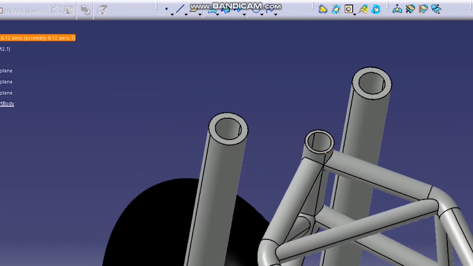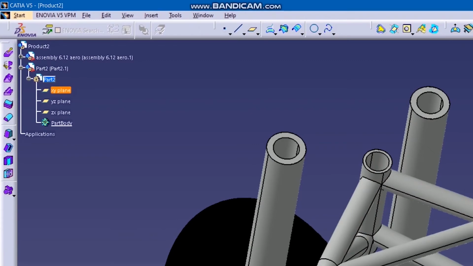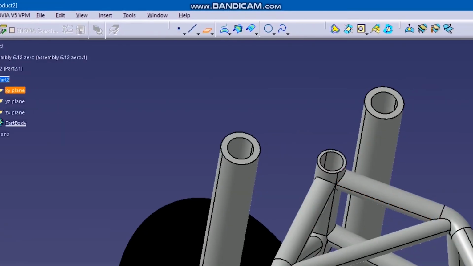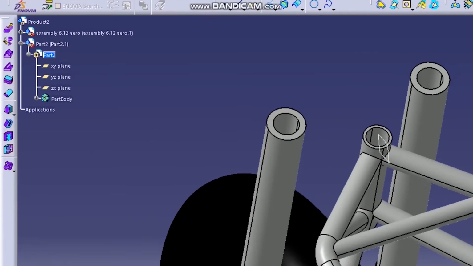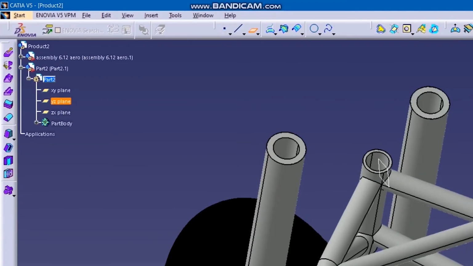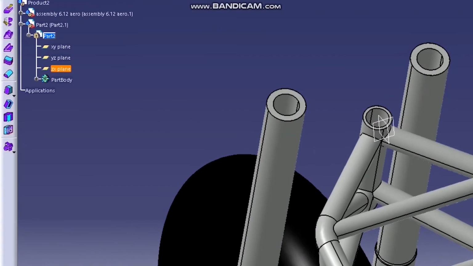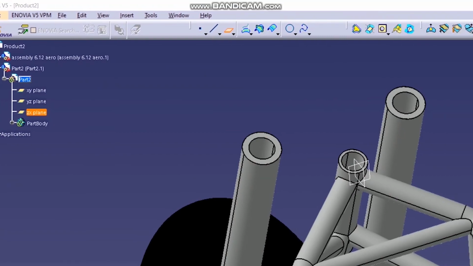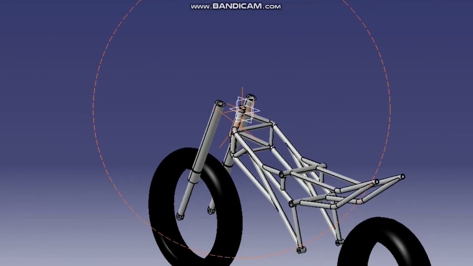So that point seems to be symmetric. So I'll bring out all the planes and make it over there, so that I can use those planes as the symmetric planes, and if necessary this can be offset to the other parts as well. So I'll offset all the planes at that point,